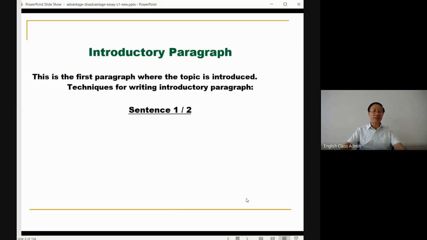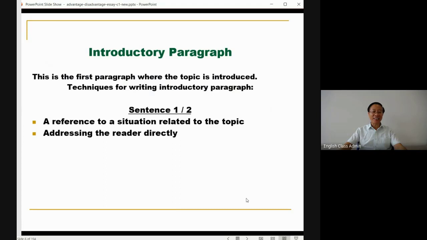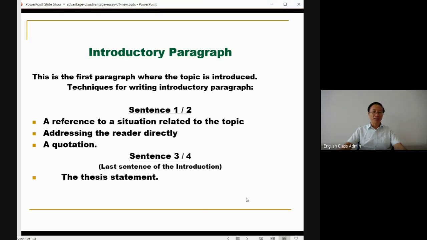Here are some techniques for you to write a good introduction. Usually in sentence 1 and 2, you can write a reference to a situation related to the topic. This is one technique. Another technique, you can use it to address the reader directly. And you can use a quotation that is suitable for the topic. In the last sentence of the